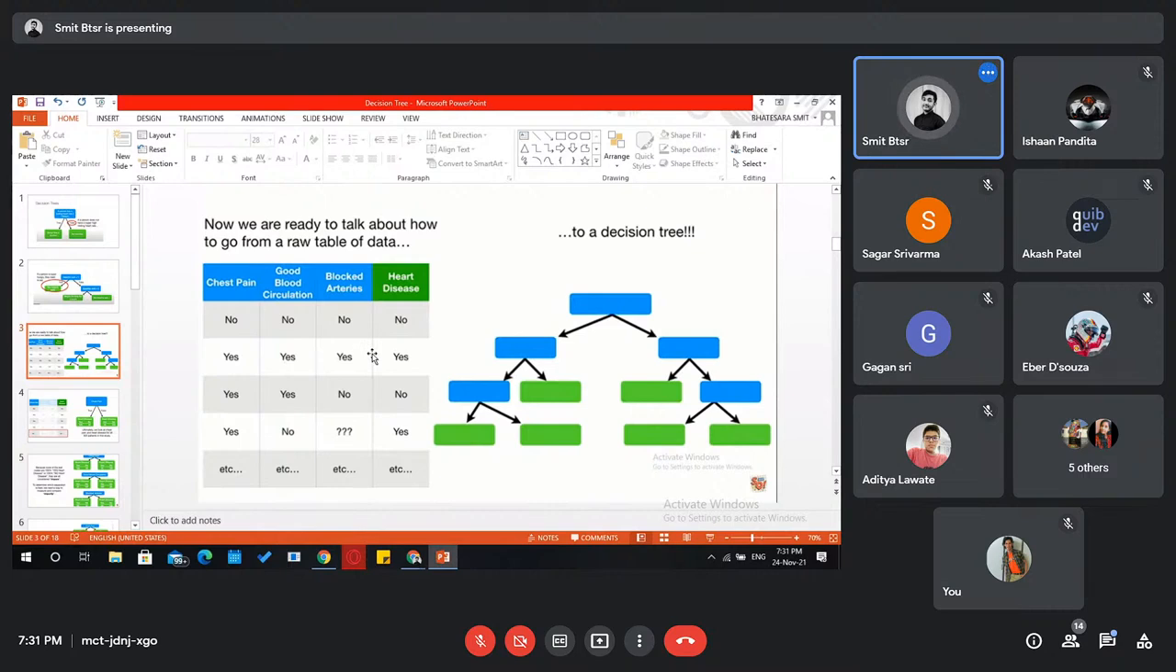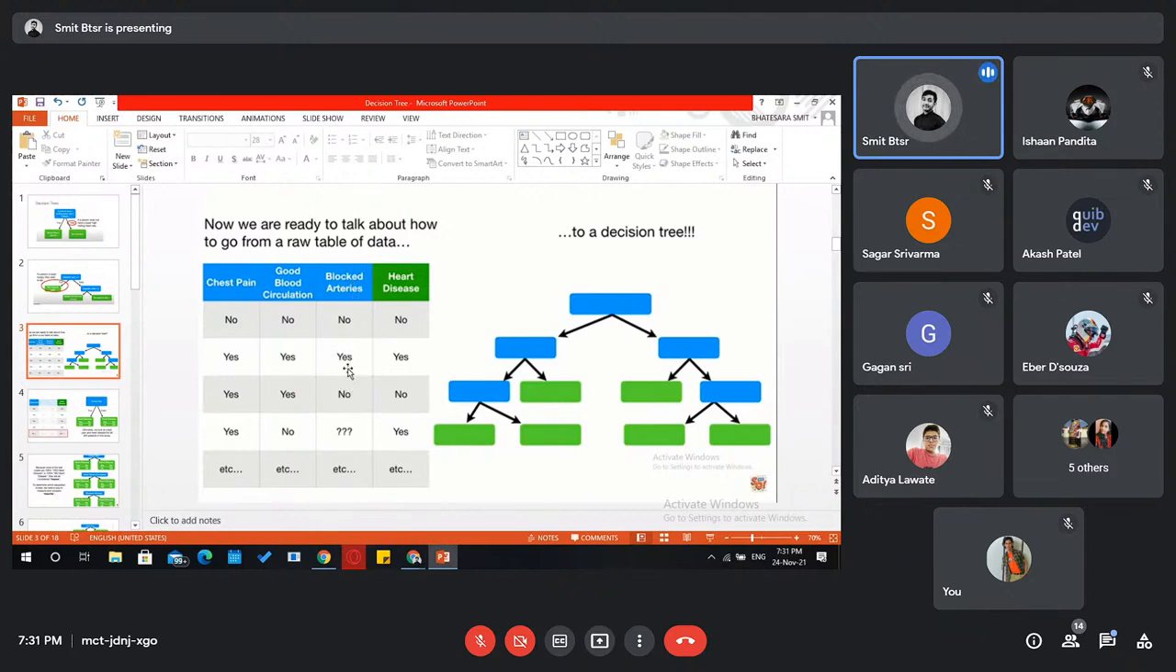So what we need is some form. You can see here that chest pain is there. This is blood circulation. Blood circulation is good. Blocked arteries, no. Then heart disease is not there. And here chest pain is there. Blood circulation is also good. Blocked arteries are blocked, and it has heart disease. So how does a person know whether he has